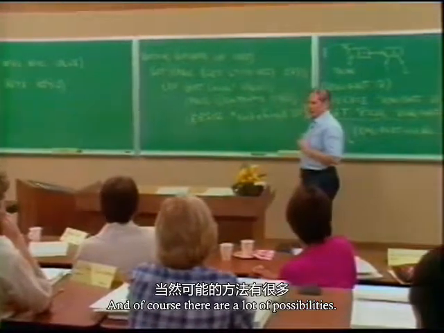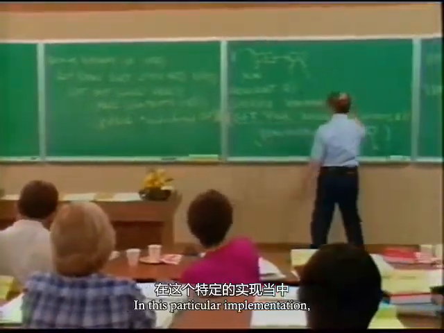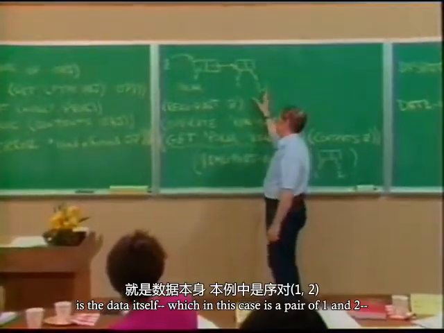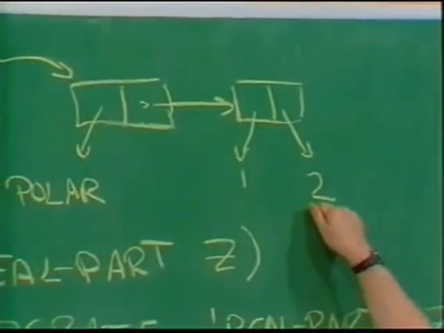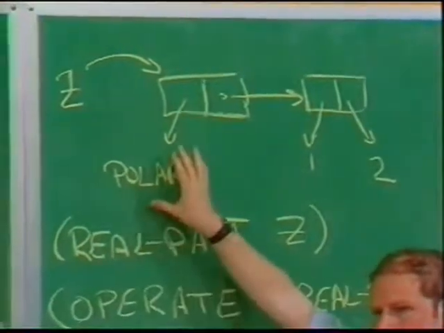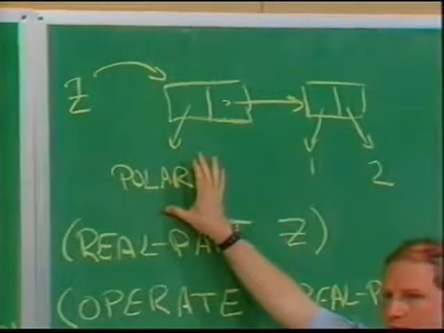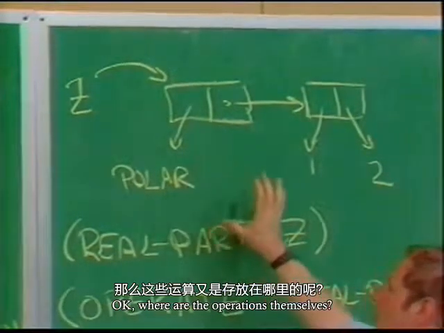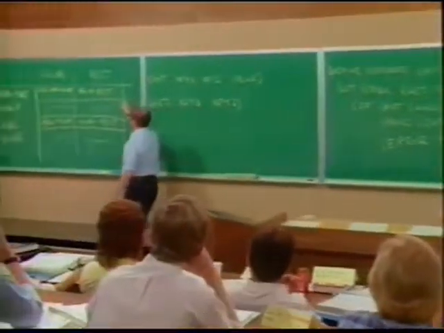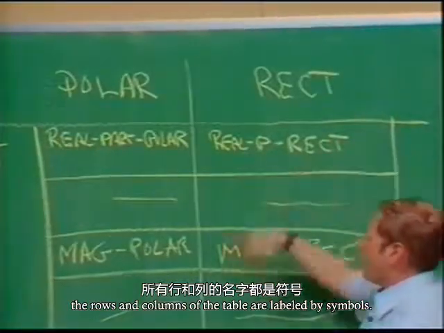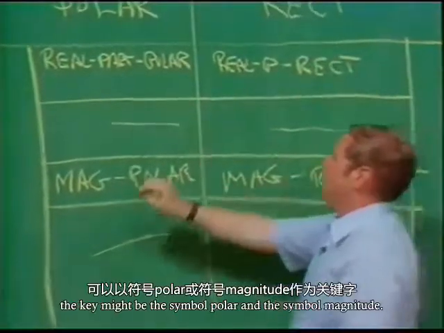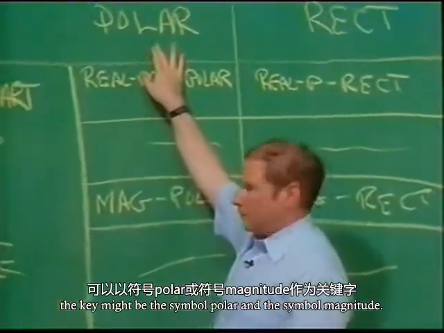And of course, there are a lot of possibilities. In this particular implementation, what's sitting in this data object, for example, is the data itself, which in this case is a pair of 1 and 2, and also a symbol, the word POLAR. And that's what's sitting in this data object. Where are the operations themselves? The operations are sitting in the table. In this table, the rows and columns are labeled by symbols. So the key, when I store something in this table, might be the symbol polar and the symbol